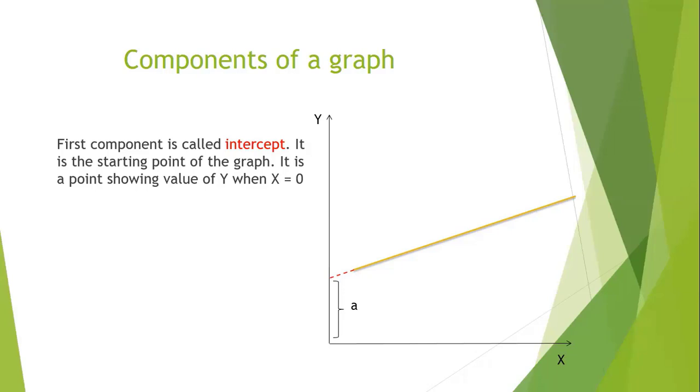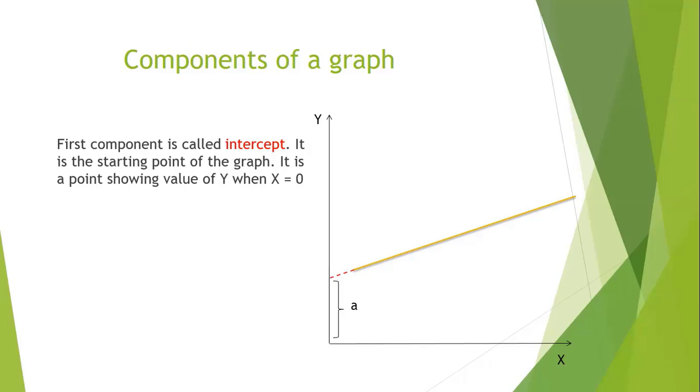Okay? Y negative example you have already studied in the firm theory chapter in your microeconomics. That if firm investment is zero, the output is negative because some investment is required as a fixed cost. So after fixed cost, it will start to produce something. Okay, so we will do that example later on.